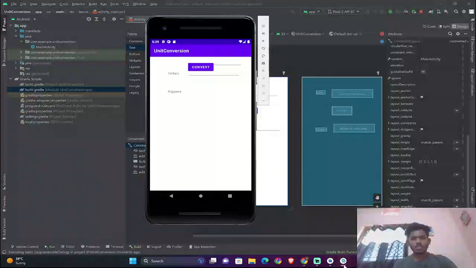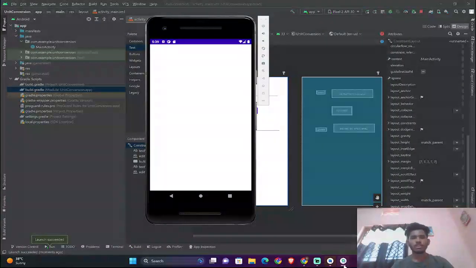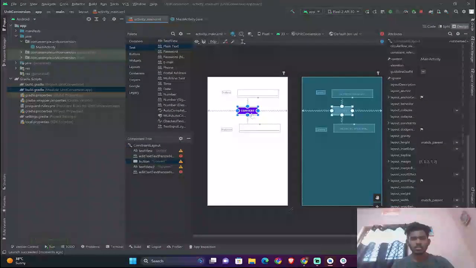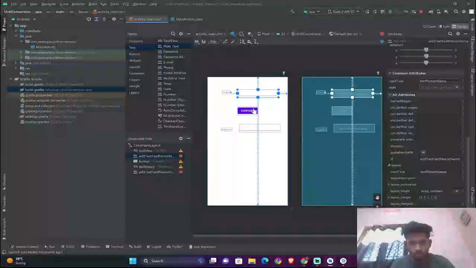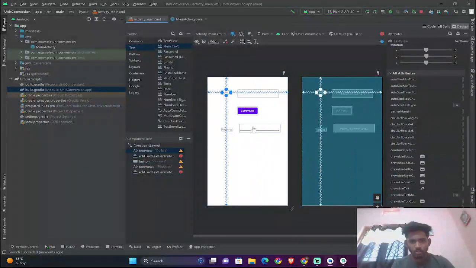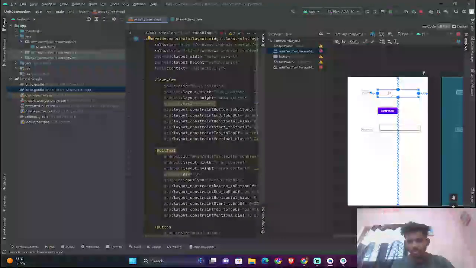Guys, we need to practice. You have to practice this constraint layout more, so you won't be getting any errors. Okay, I don't know where it has gone wrong. Let us see.